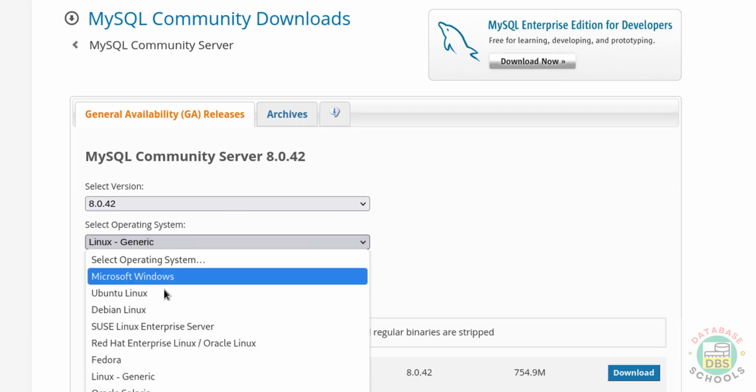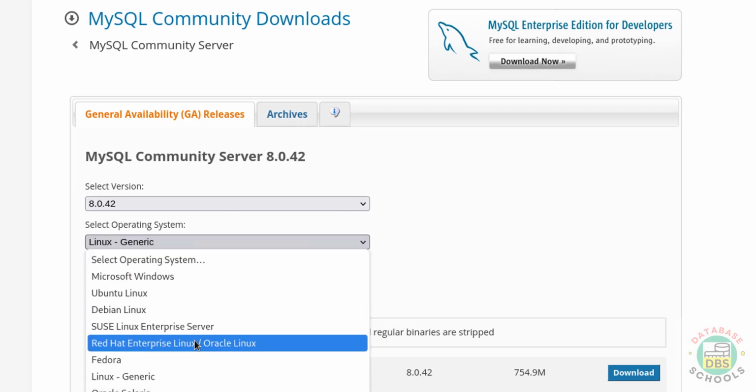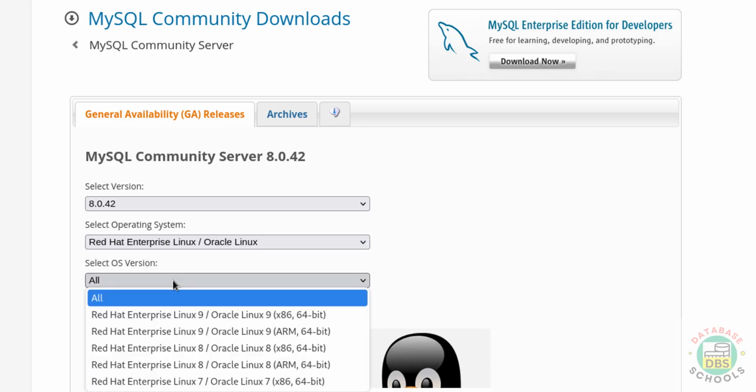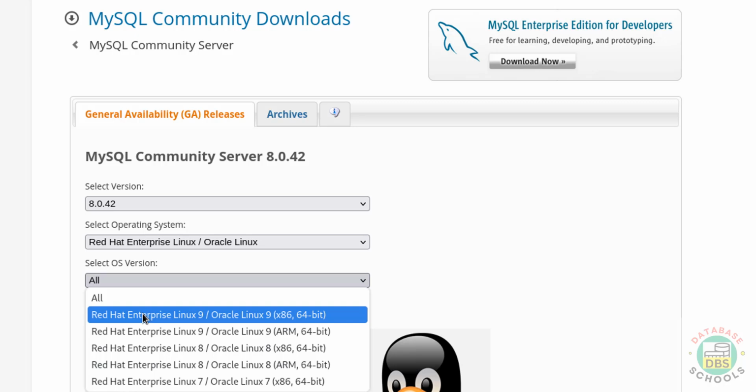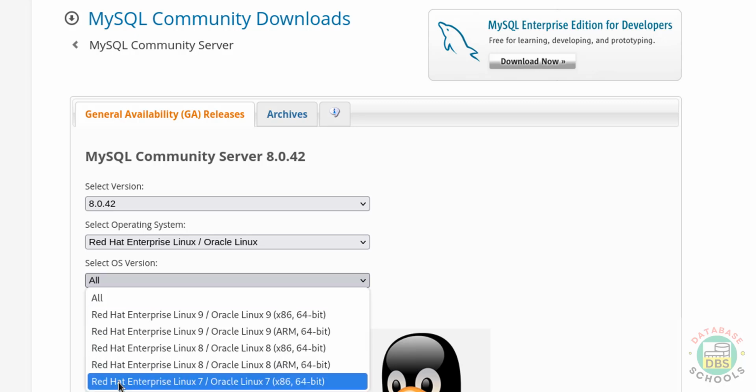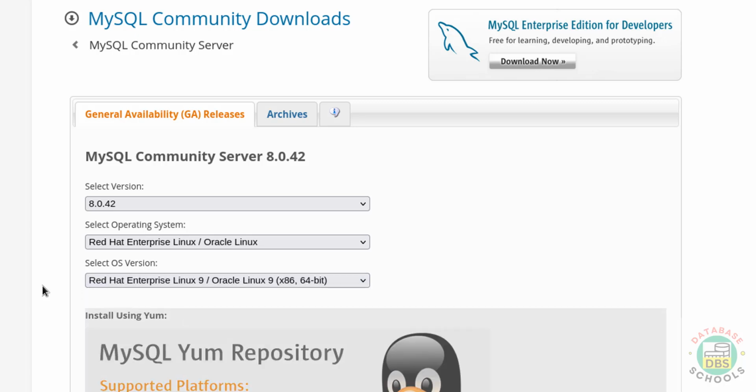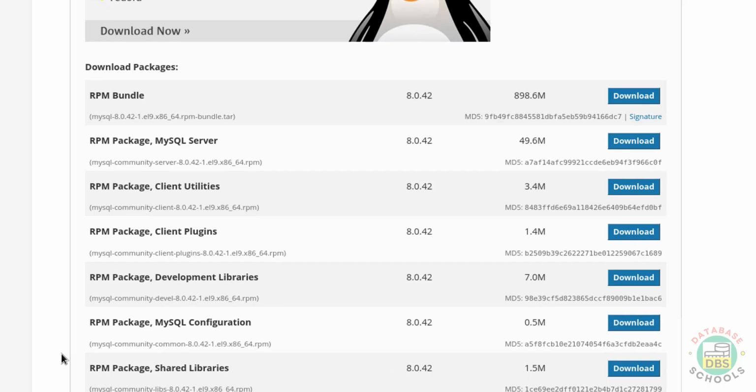Then select the operating system. Select Red Hat Linux or Red Hat Enterprise Linux or Oracle Linux. Then select the OS version. I am on Oracle Linux 9. If you are on 8, you can select 8. If you are on 7, select 7. So select 64-bit. Then see here, once we selected, it populated the list of the packages that need to